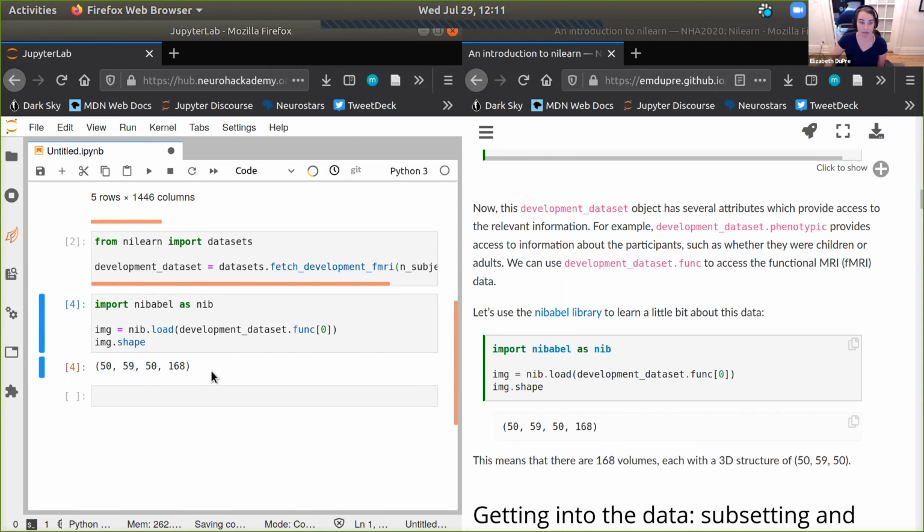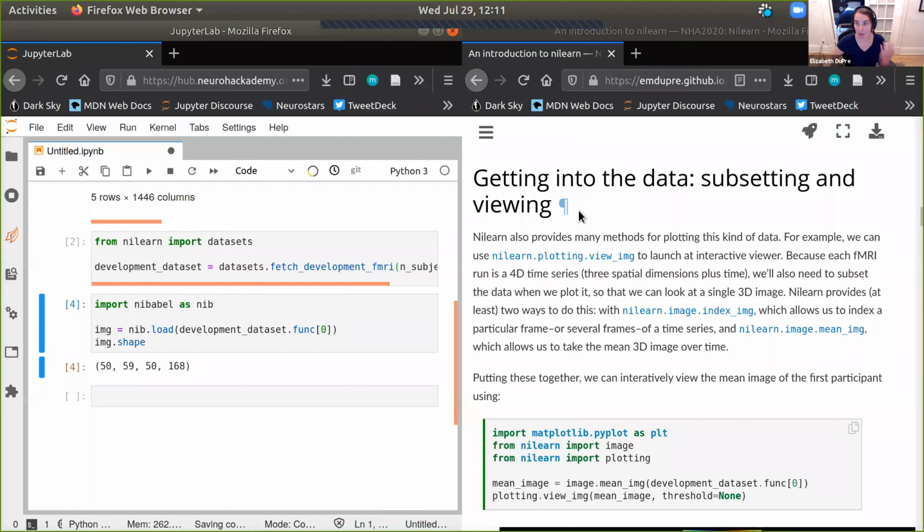Okay, so I told you we'd view the data, and this is one view on the data, but what if we wanted to view a 3D image of the data? Now that we know a little bit about it, let's actually look at it. If you were in the NiBabel lecture, you may have seen that NiBabel has several tools to do this, including OrthoView, but Nilearn also includes lots and lots of plotting functionality.